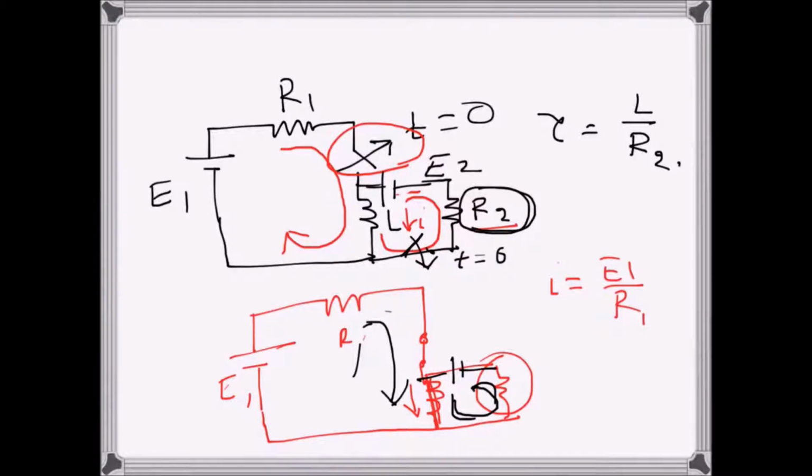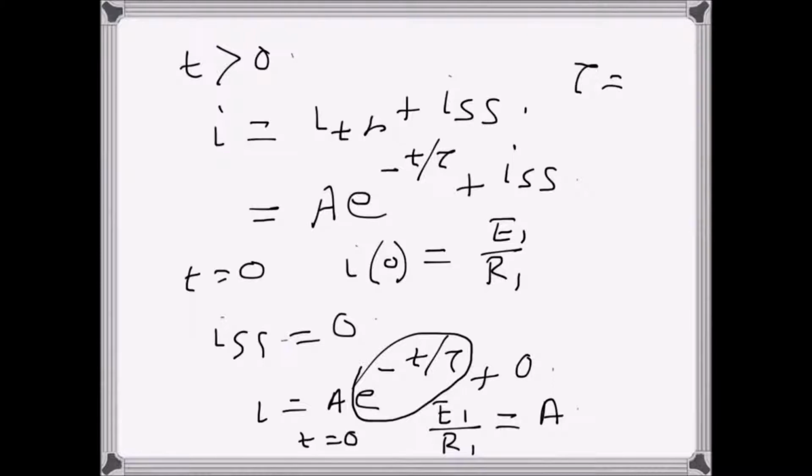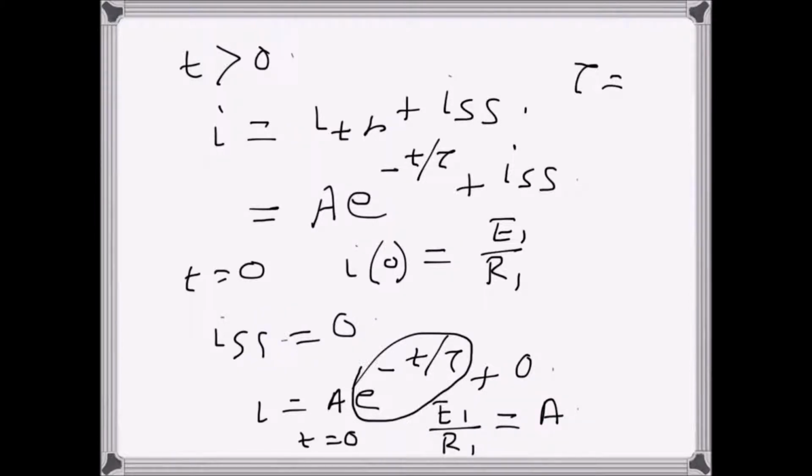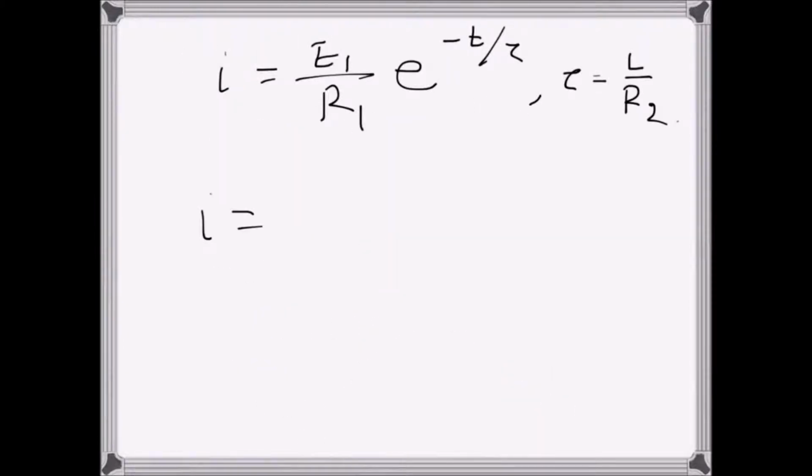Basically, initially this switch was open when this was closed, so the circuit was like that. But if I call this S1 and this S2, when S1 was open, S2 was closed, so the circuit becomes like that with a voltage source there. So now our current equation will be, I steady state will not be 0. I steady state will be E2 over R2. That will be the steady state current. So if we rewrite the equation now, it will be I transient plus I steady state.